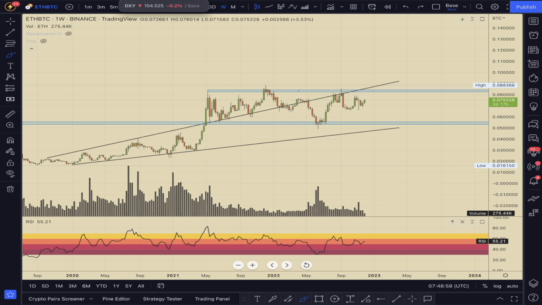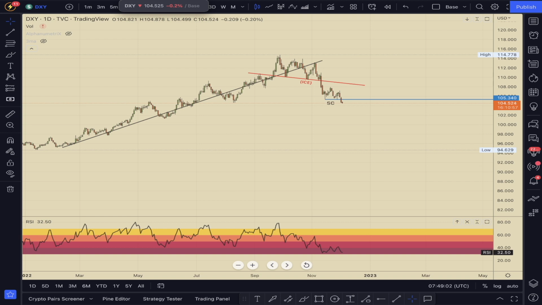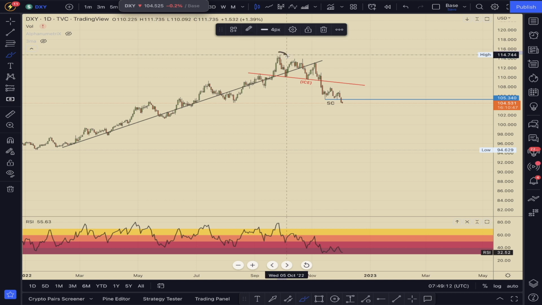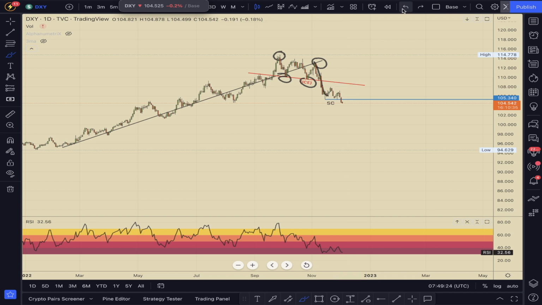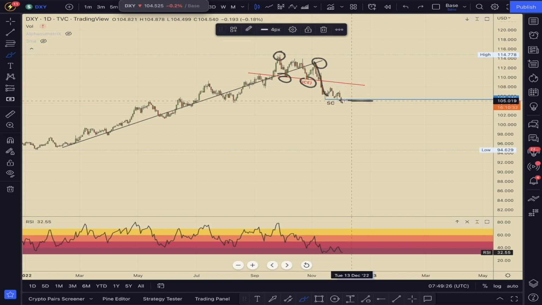Let's take a look at traditional finance now. Exciting move here in the DXY. We've been talking about this for a while. We've been mentioning that we want to see continuation of the downtrend. So when looking at the DXY, we had this first lower low come in, and we broke structure below this consolidation. We were waiting to see if we were going to get a test of the underside of the ice, but we didn't, and we took out the low of the seller's climax.